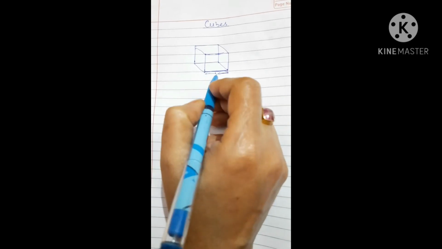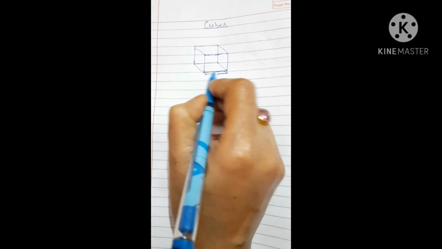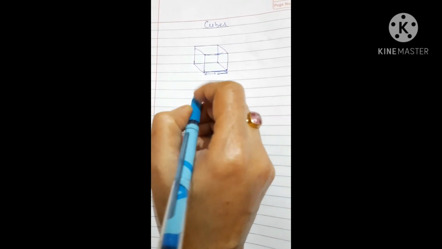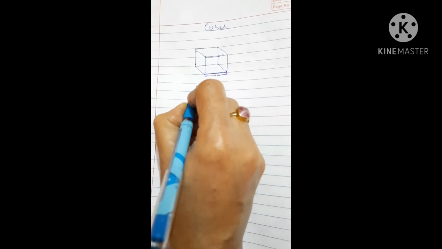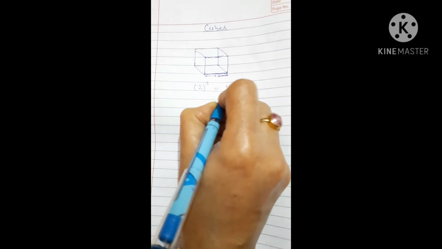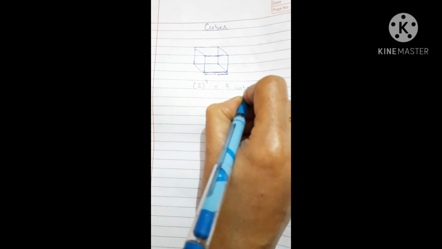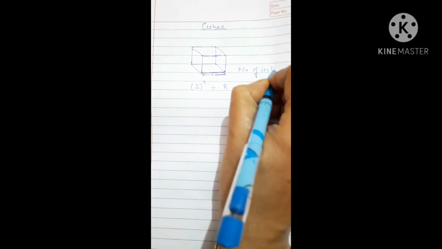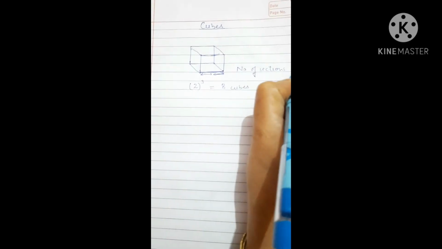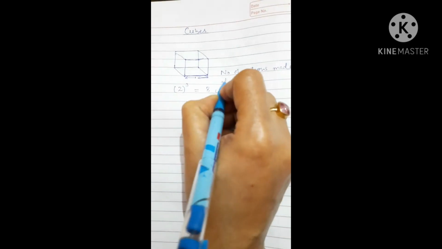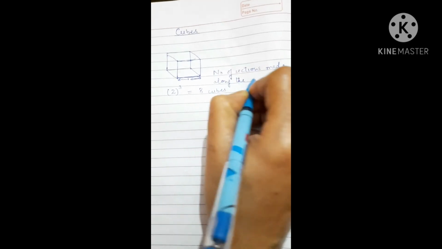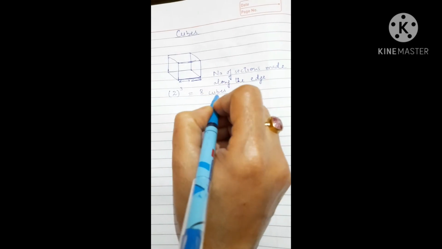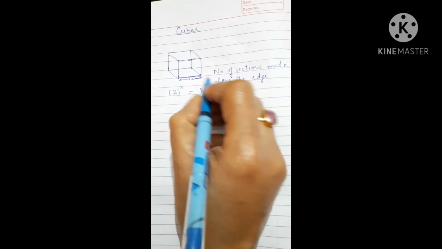So, what is the thing which you need to know about it? That if there are 2 sections made, then how many cubes will be cut? You will just take the cube of 2 and there will be 8 cubes. So, it will depend on the number of sections made along the edge. If there are 2, then 2 cube, there will be 8 cubes in all, which will be cut from a larger cube.